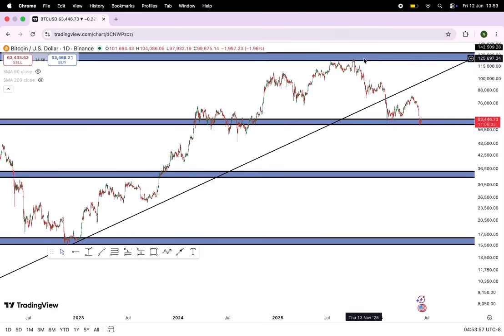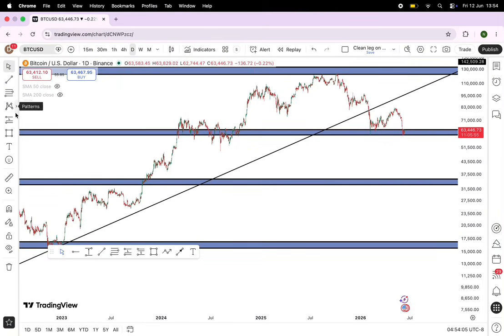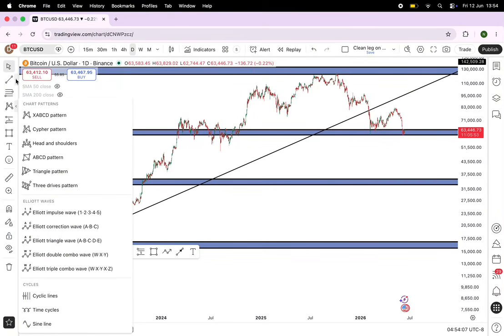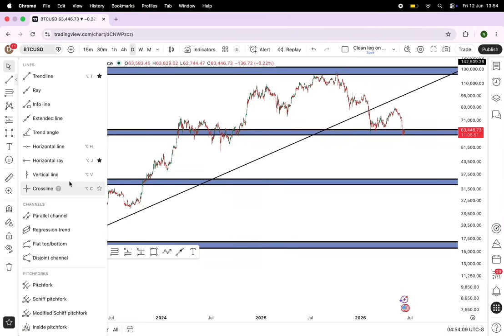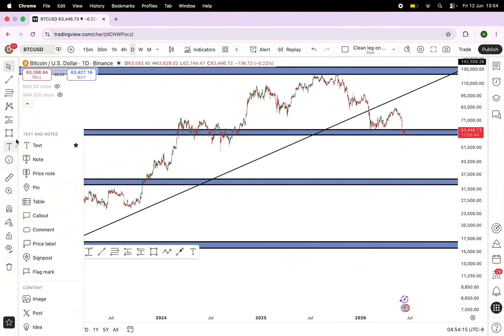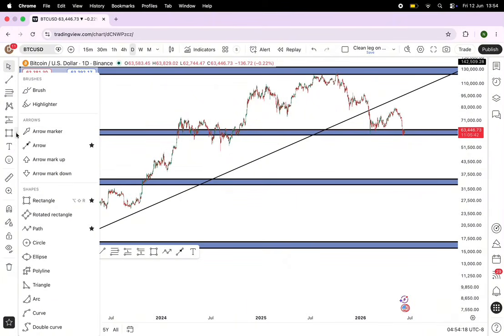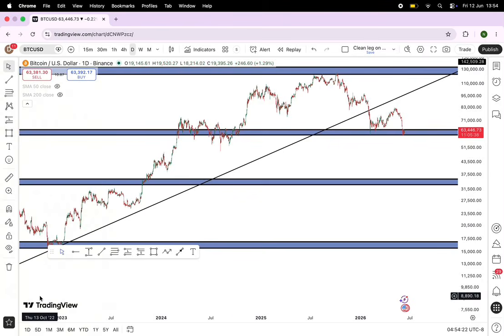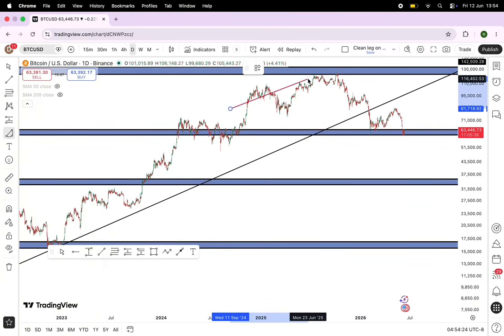All right. So now, right from here, this is the high, as you can see, like so. This was a turning point here. Do I have that arc tool? Let me see if I have that arc tool. Let me show you something real quick. It's one of those tools that I actually used here before. Yeah, this arc tool. So right from here to this point here, you can see that there was an arc